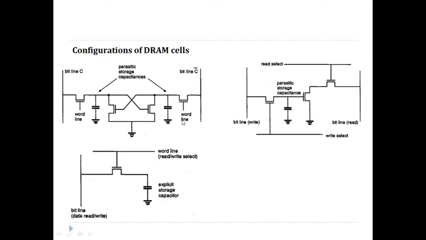Now there is one thing we should observe here. You can see here the storage capacitances which are there in 4T, that is 4 transistor DRAM cell, or 3T, that is 3 transistor DRAM cell, are junction parasitic capacitances. So here you can see it's a combination of junction capacitance and other parasitic capacitances. But in case of 1T DRAM cell, we have to explicitly fabricate a capacitor to store the charge. So here there are parasitic storage capacitors, but in case of 1T DRAM cell, we have an explicit storage capacitor. That is something worth noting here.